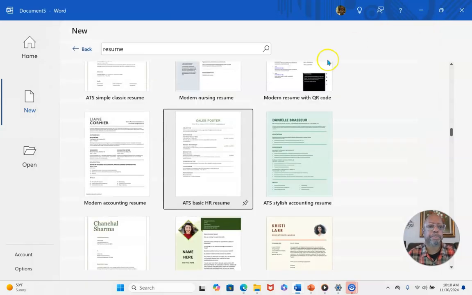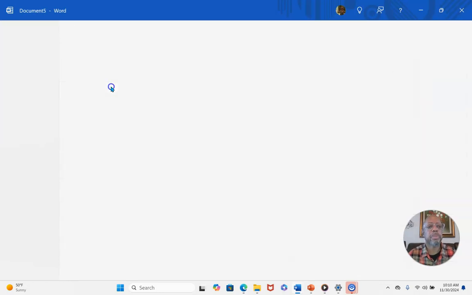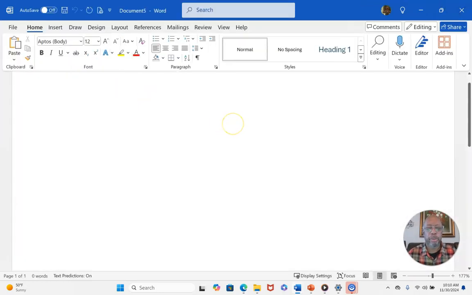But for the sake of this activity, I want to go back to home. Then we just click on blank document. Then it opens up to our blank document. On our blank document, now we have the option in which to type. And I want to type,